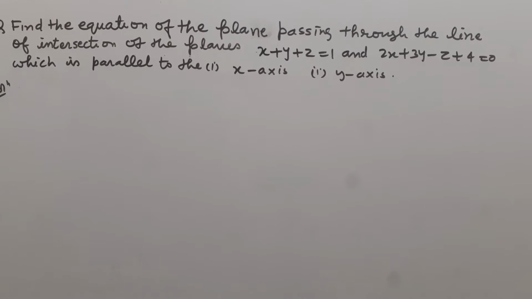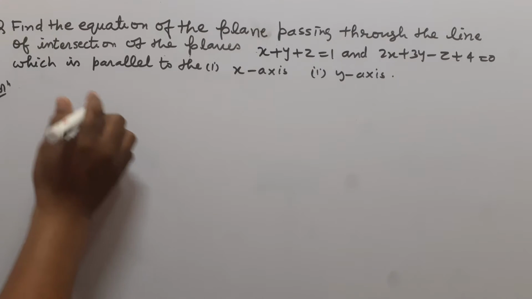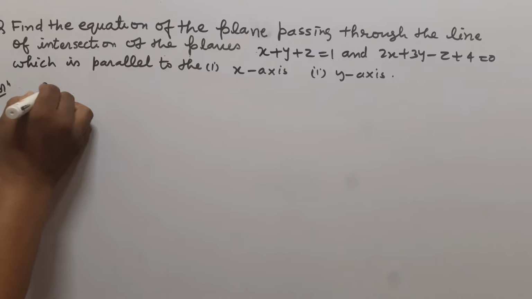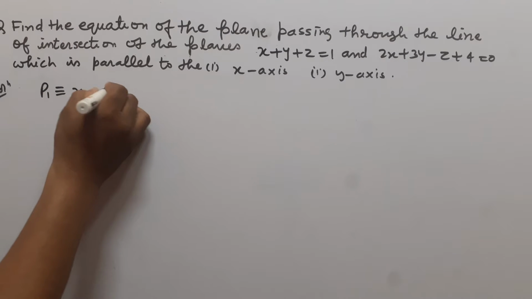Here, this is the question. Find the equation of the plane passing through the line of intersection of the planes x plus y plus z equal to 1 and 2x plus 3y minus z plus 4 equal to 0, which is parallel to the x-axis and y-axis. So we know that the given planes are,